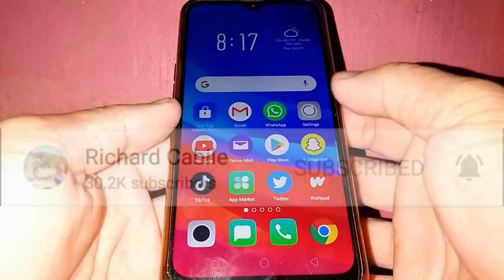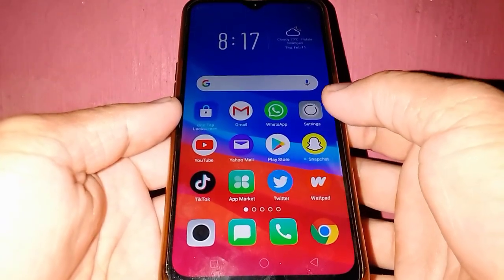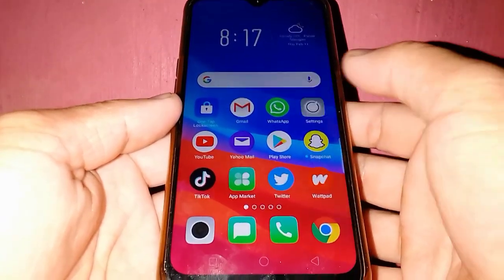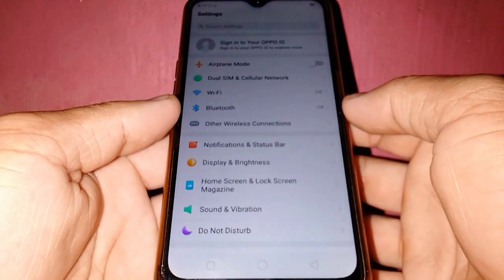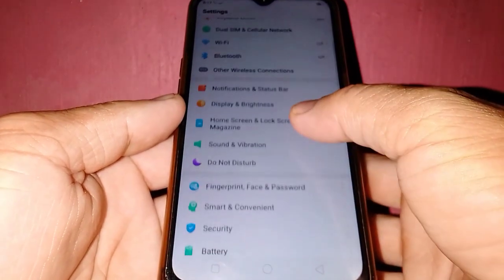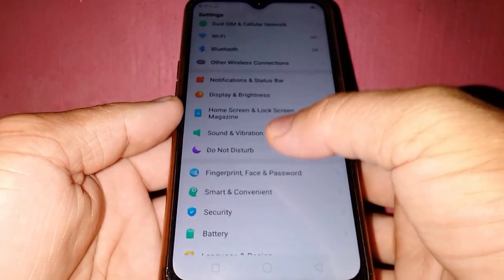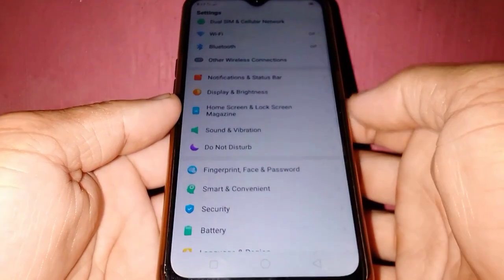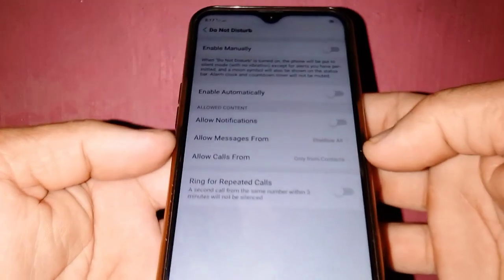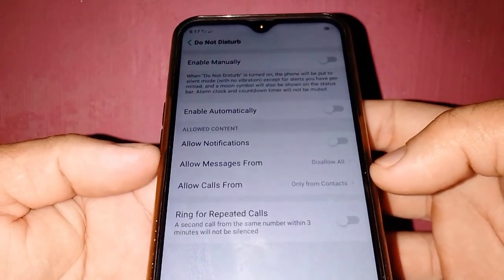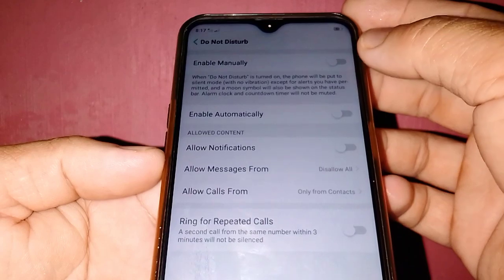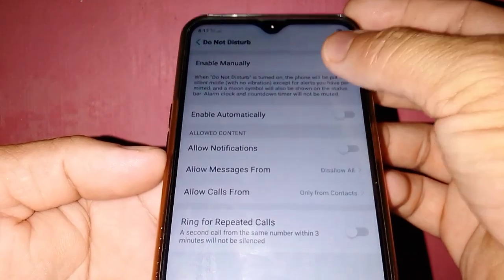All you have to do is go to Settings in your Oppo A5s mobile phone. Click Settings. Here in Settings, you can see below the Do Not Disturb. All you have to do is click Do Not Disturb. And here in Do Not Disturb, you can enable the Do Not Disturb by switching the